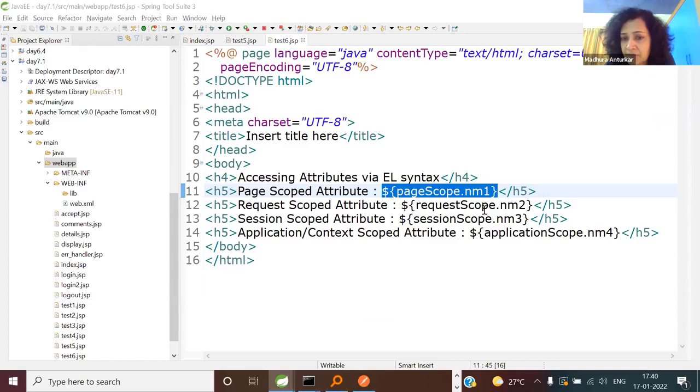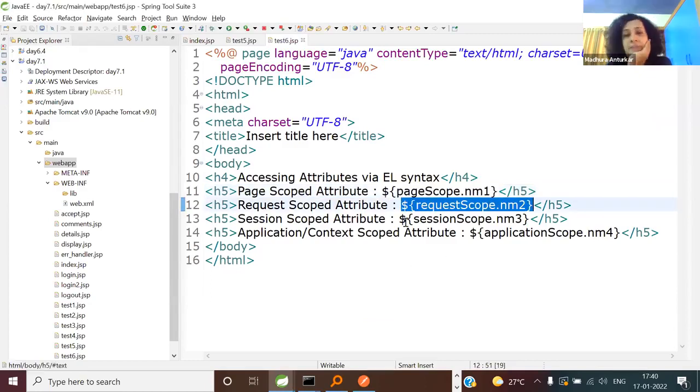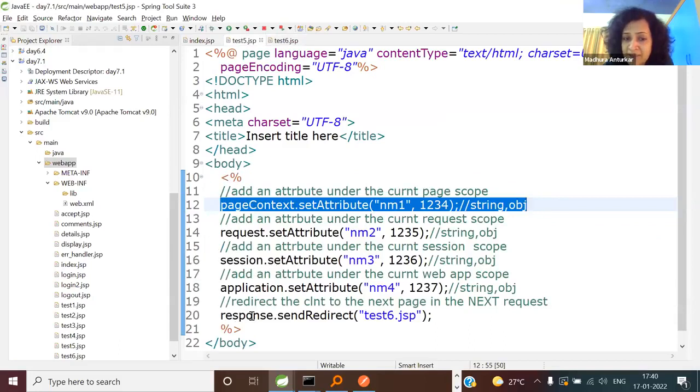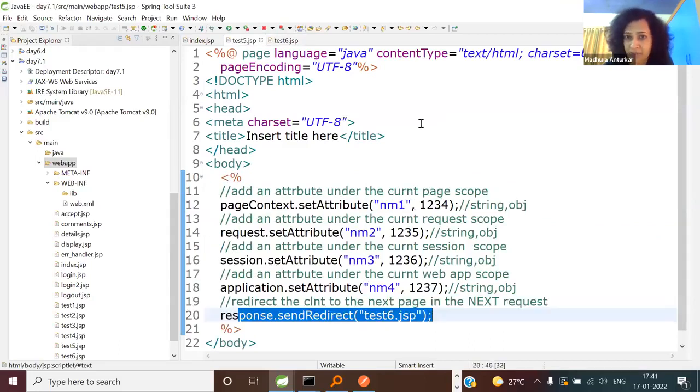Now, read carefully. Tell me, blank or not blank? Second one. 100% blank. Guys, that tells me your understanding about the scopes. So here, are we talking about the same request, or a new request? New.